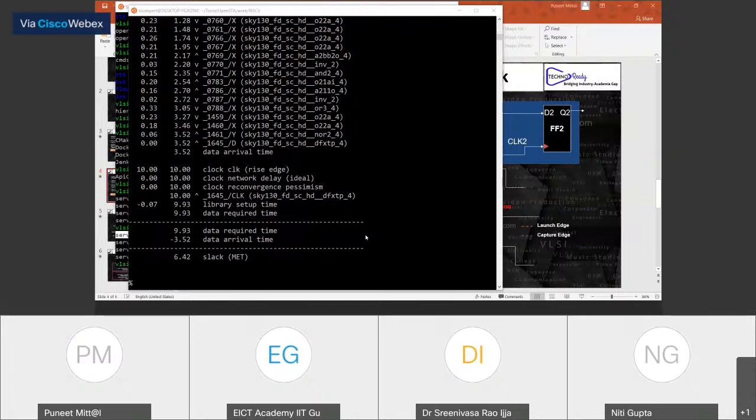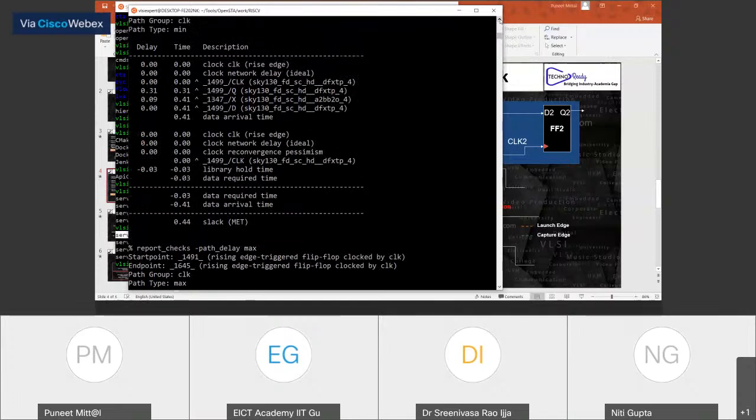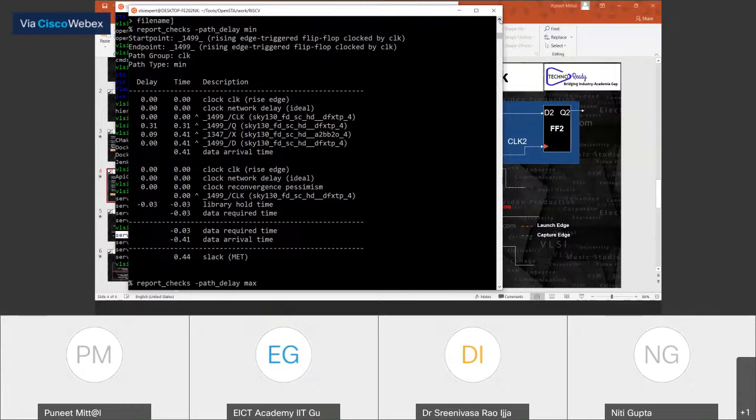Now let's see from the report point of view. If I give you two reports, how will you figure out which one is a setup report and which one is a hold report? In the header section, if it is minimum, then we are talking about the hold report. How are you going to remember this min? Because between the two flip-flops, we were talking about arrival time.